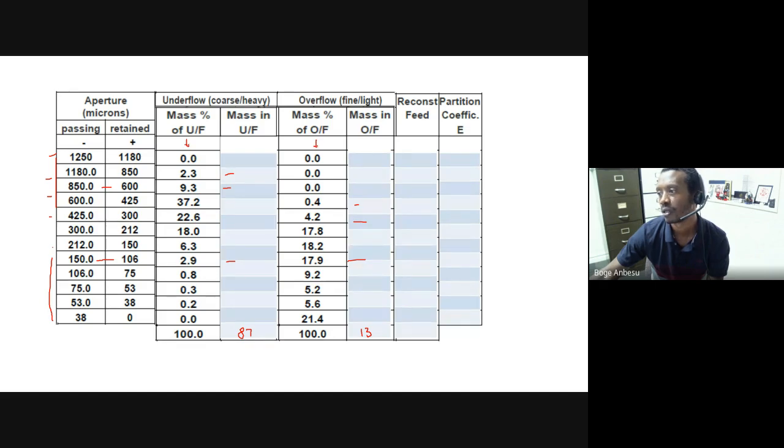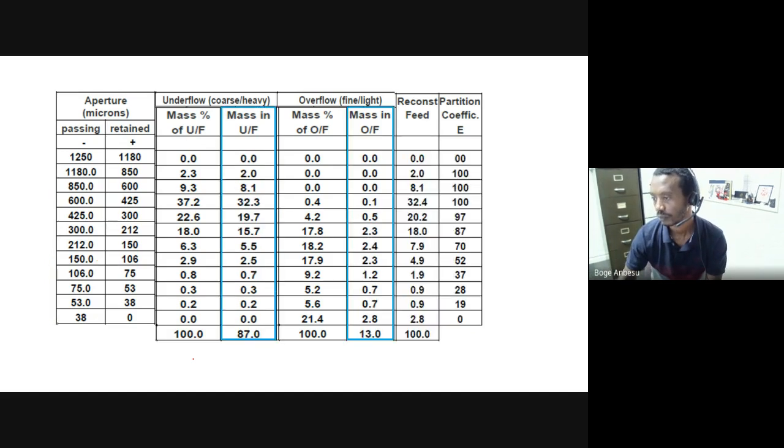ኦኬ ሶ ሪጋርድለስ ይሄንን ኮምፕሊት አድርጉት። ስለዚህ ይሄንን ሮ አይ ሚን ይሄን ኮለም በ87 አባዙት፣ ይሄንን በ13 አባዙት። you should have something like this. Okay ስለዚህ 2.3 by 87፣ 9.3% by 87 ስለዚህ እነዚህ ፐርሰንት ናቸው። ስለዚህ ይሄን እናገኛለን። ስለዚህ ምን እያልን ነው? 100 ቶን ፐር አወር እንደመነሻ ብንወስድ ወደ አንደርፍሎ ከሄደው ፓርቲክል ውስጥ ለምሳሌ 5.5 ቶን ፐር አወሩ ቢሎንግ የሚያደርገው እዚህ ሳይዝ ውስጥ ነው እያልን ነው። ኦኬ